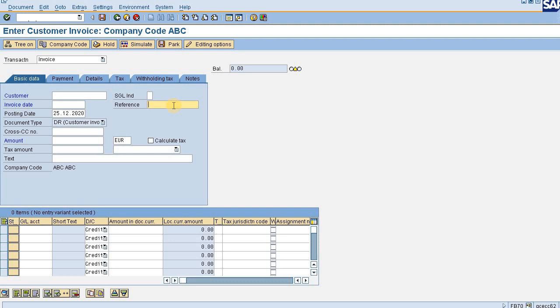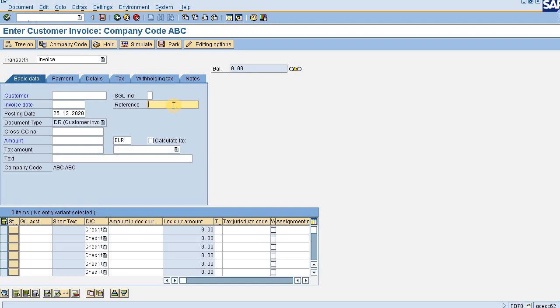When we post FB70, we put some value in the reference field. But if this value is already known beforehand, that is, what will be entered here, then we can maintain that value in a substitution, and whenever this data gets posted, the same value gets updated as well.